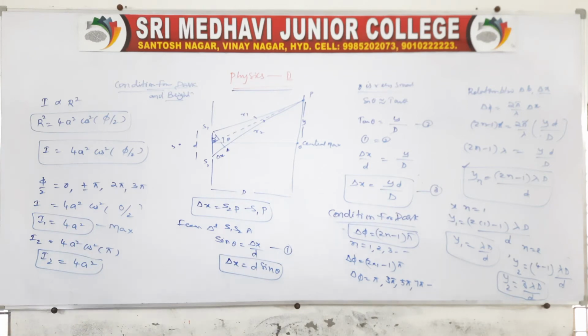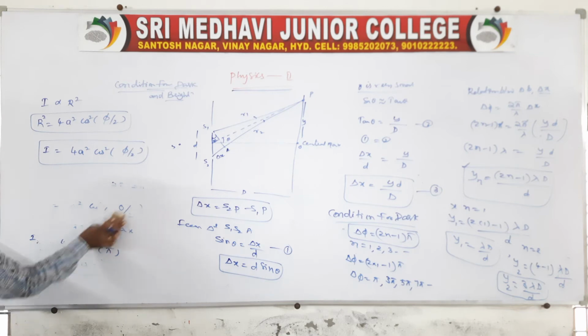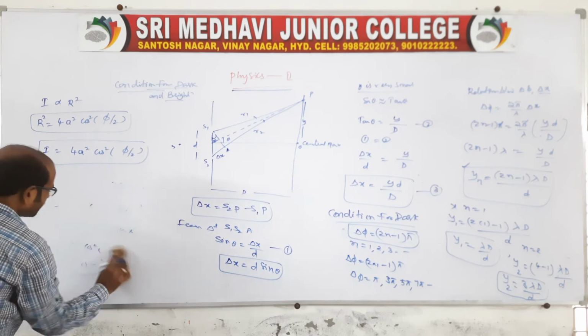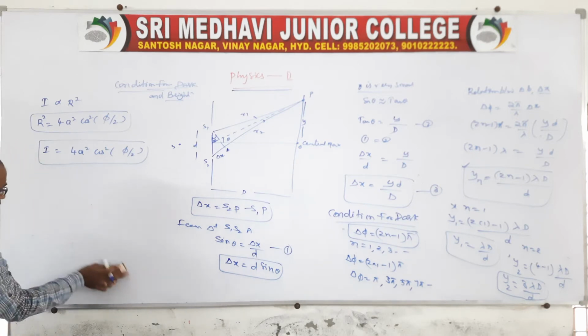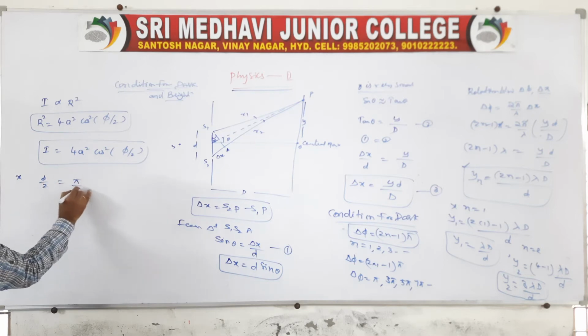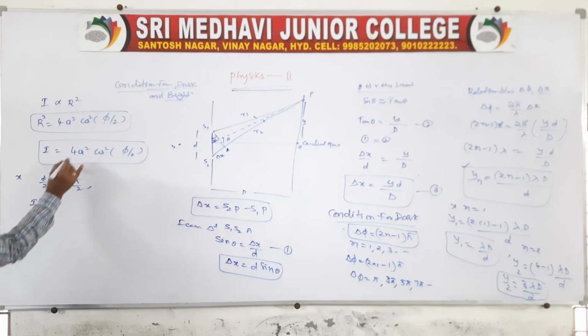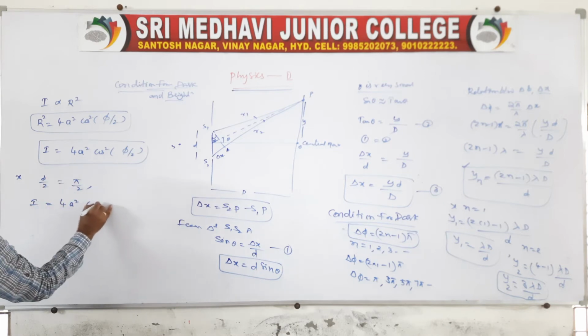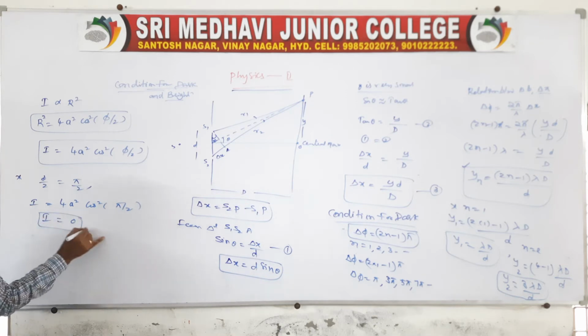Again here you say about intensities. Here you take the value of phase, this is the value for the intensities. Here you write the value pi by 2. We should get the 0 intensity. So you take pi by 2 like this, because for the first condition, 4a² cos²(π/2), and of course cos 90 will be 0, then ultimately we will get the 0 intensity.